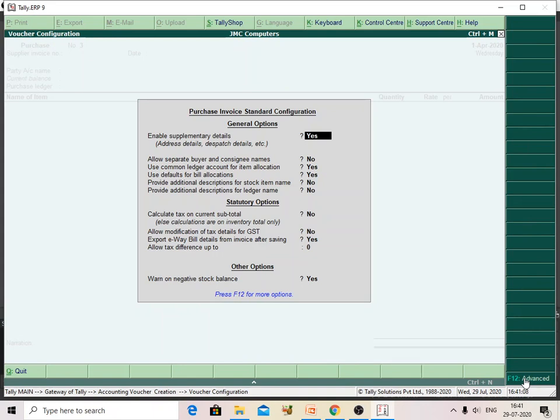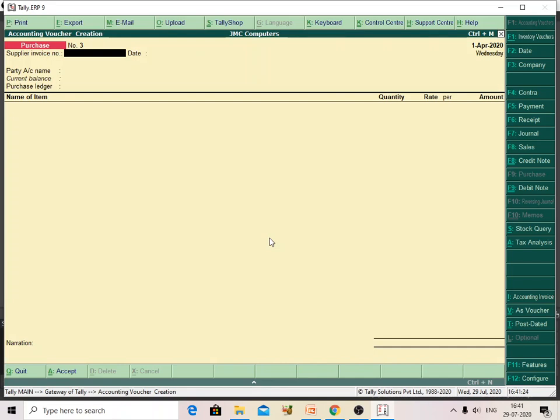Here I am going to allow modification of tax details for GST. By default it is No. Now I am going to change it to Yes. With this option you can modify the details, using Ctrl+A to accept the screen. So here you can give the tax rate manually.